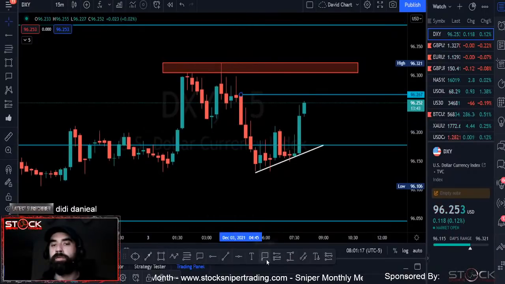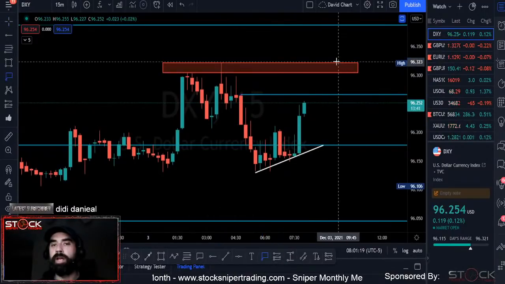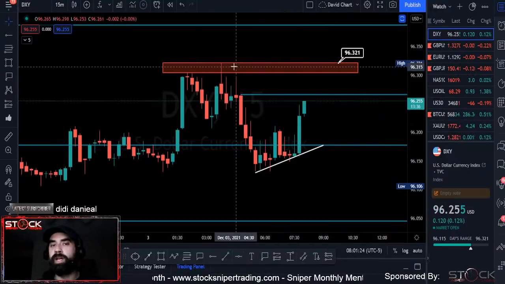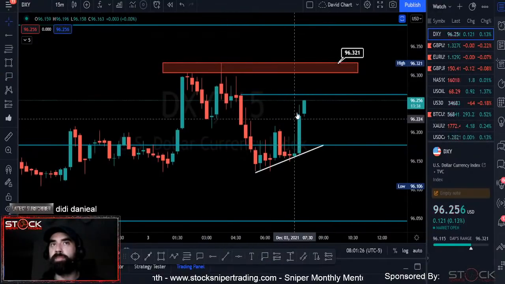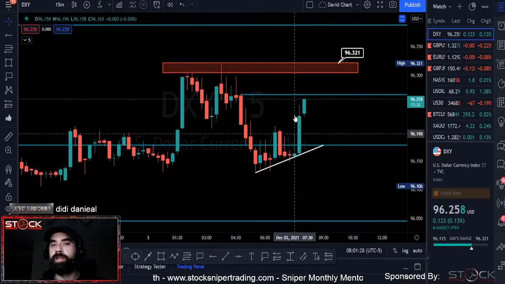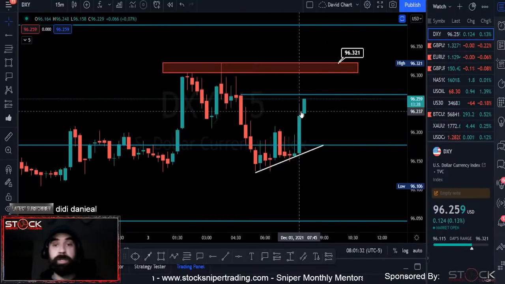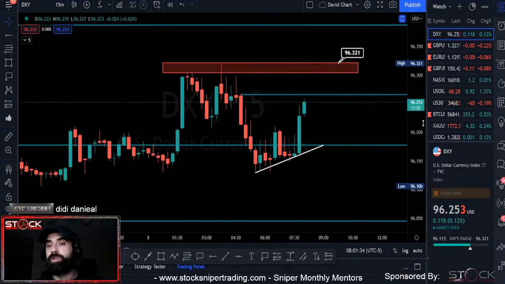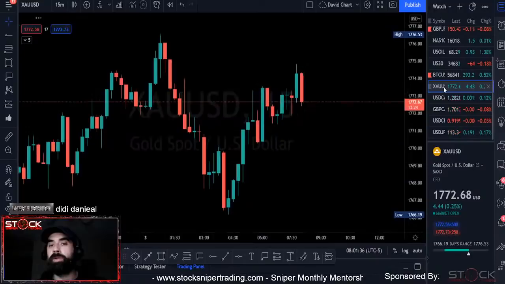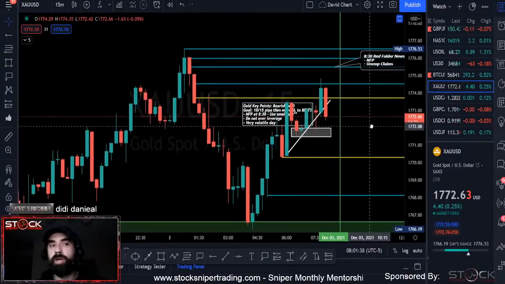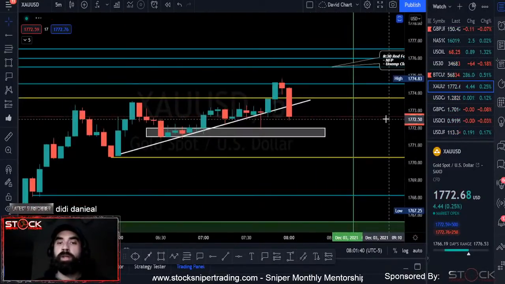The overall target for this area, I think they're going to try to push it up to about 96. Okay, you can see by the top wick, you can see by the push in the ignited candle. All right, so let's watch and see. DXY, guys, if correlated with gold, gold should be dropping right now. Okay, gold should be dropping, so let's check this out. Okay, there's your gold drop right there on the 15-minute. Okay,